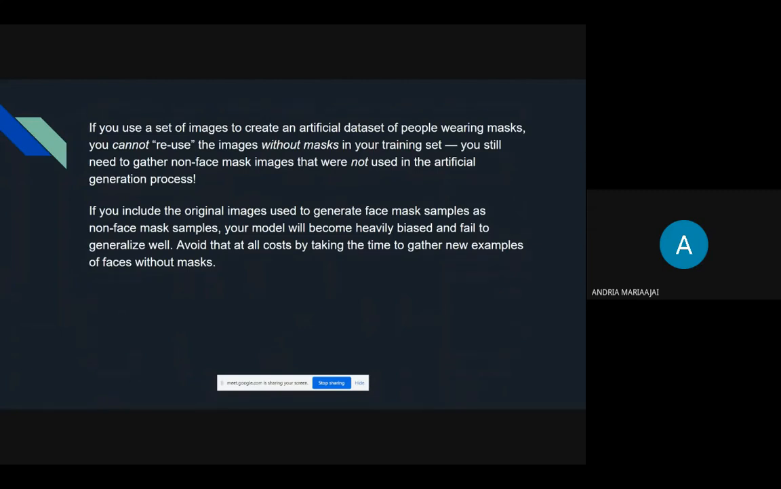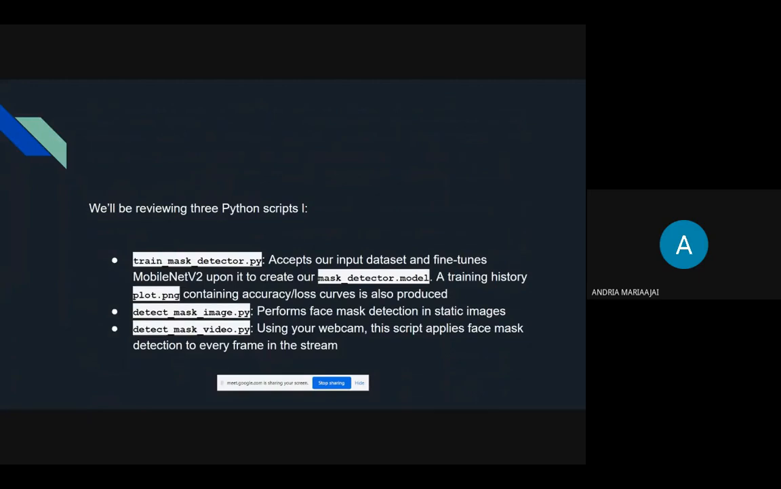So in this project, we will be reviewing three Python scripts. First one is trainMaskDetector.py. This one accepts our input dataset, then fine-tunes MobileNetV2 upon it, and we will be creating the mask detector model. This model is loaded in the other two Python scripts to detect whether the person is wearing a mask or not. During this training process, there will be variation in the accuracy and loss. So we will be plotting a training history which contains the accuracy and loss curves. That is also produced from the Python script named